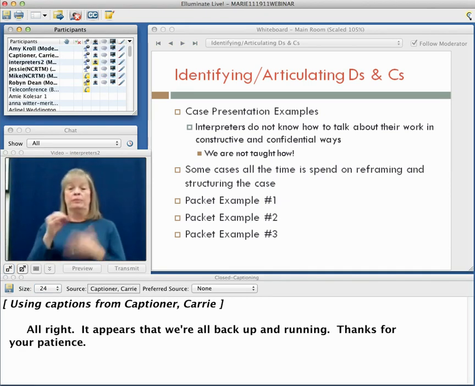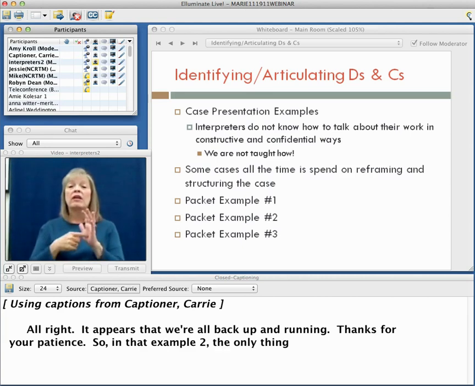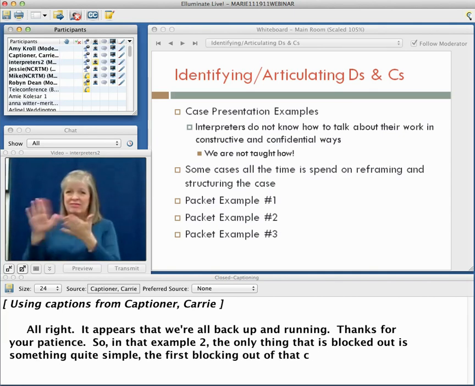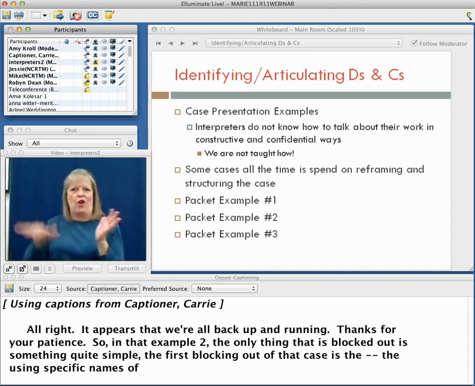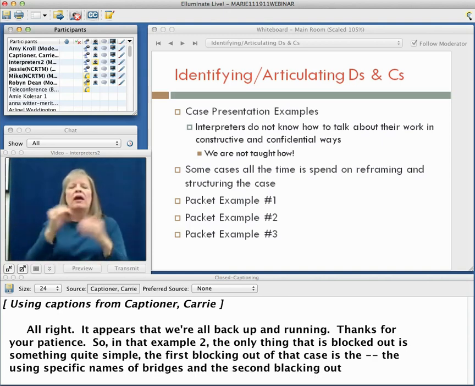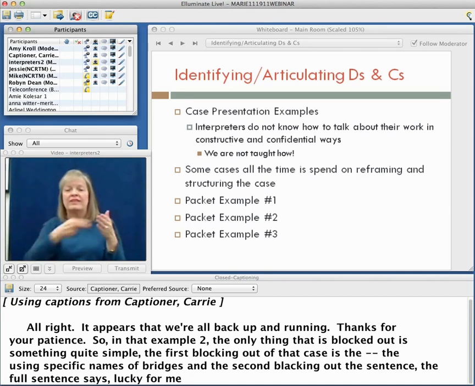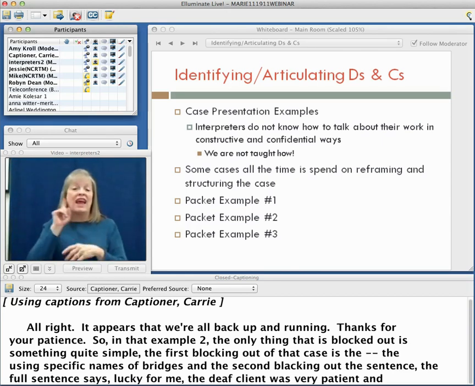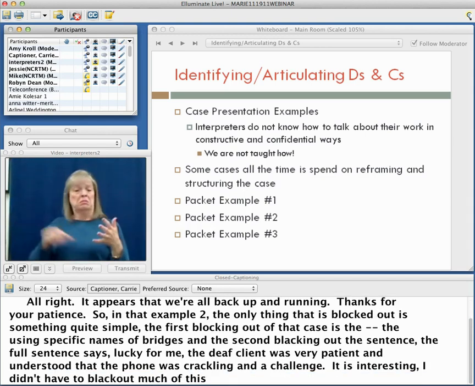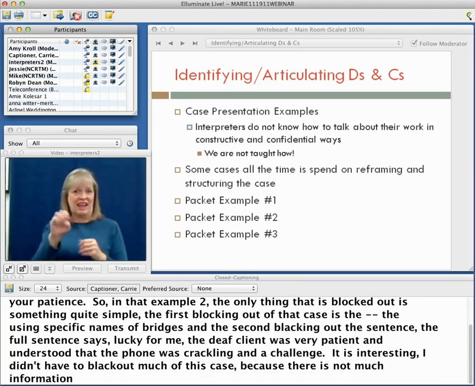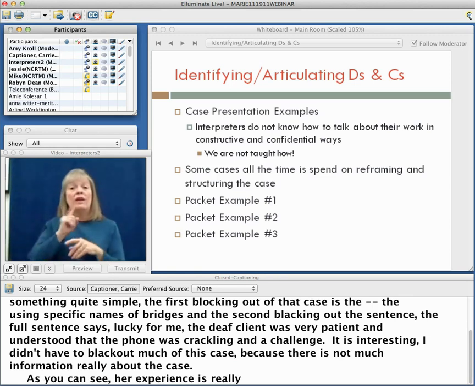So in that example 2, the only thing that is blocked out is something quite simple. The first blocking out of that case is using specific names of bridges. And the second blacking out, the full sentence says, "Lucky for me, the deaf client was very patient and understood that the phone was crackling in a challenge." It's interesting, I didn't have to black out much of this case because there's not much information really about the case. As you can see, her experience is really being processed through her own intrapersonal demands,